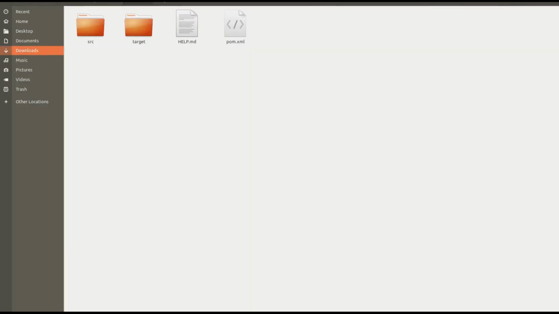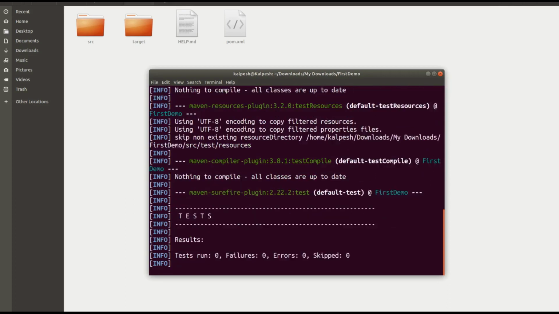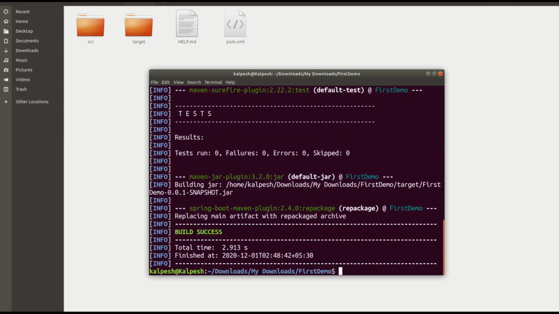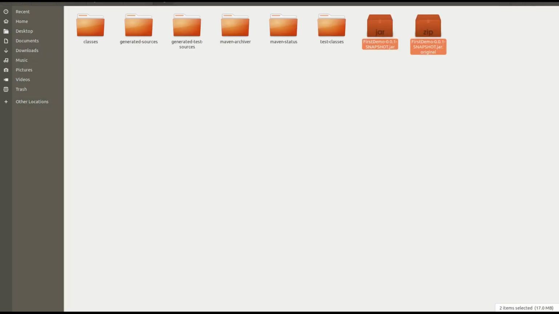Let's go to our application, open your command prompt, and simply use the command mvn package. Hit enter. Automatically it will run your application and generate one build file for you. Now it has successfully created the build file. Open your target folder again, and if you see, right now we have this jar file. Congratulations, you created your first deployment file. You can simply deploy this file in any deployment environment, or with the help of this file you can also run your application. I'll tell you that step by step.